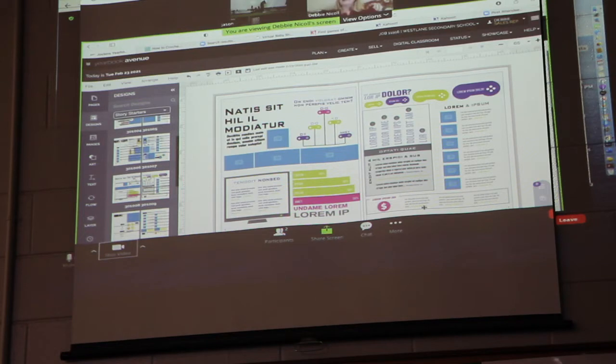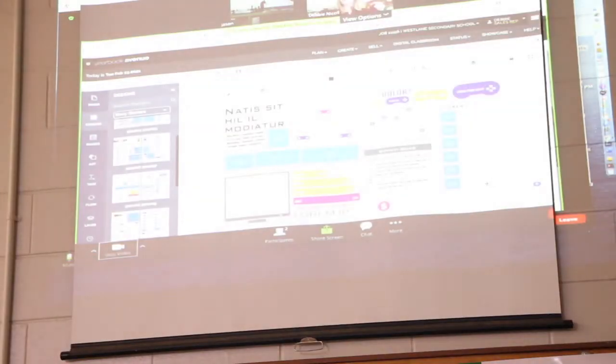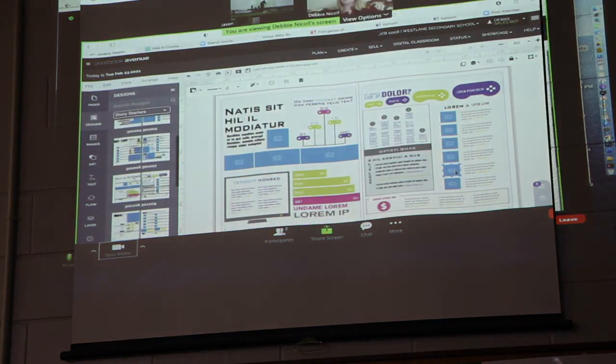Now, what can I do for this? I can do anything that I want. If I wanted to change this or change the photo box, I can do anything. I can make it bigger, I can delete anything I want to do. What I want to show you is how I could make this